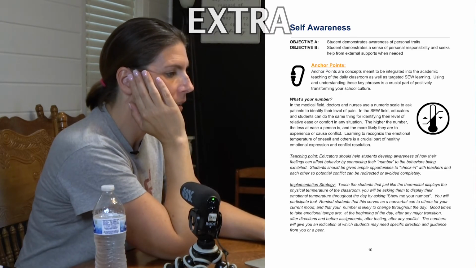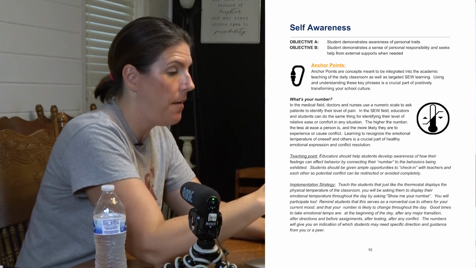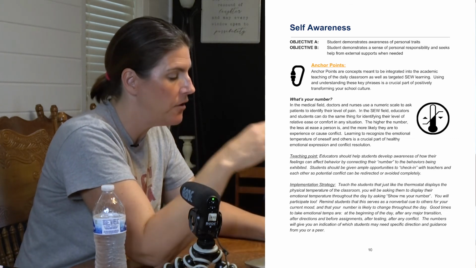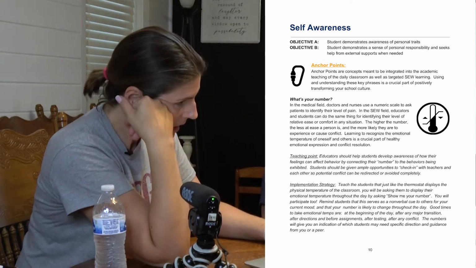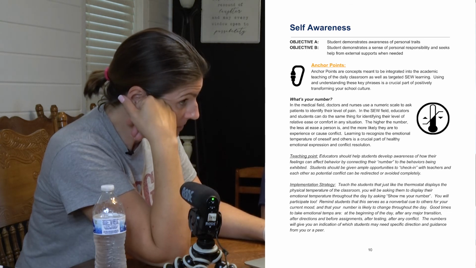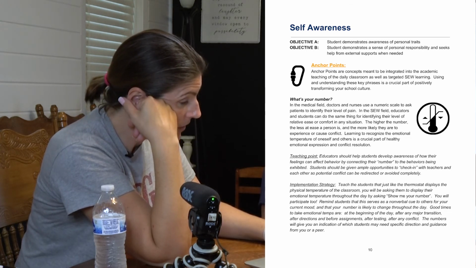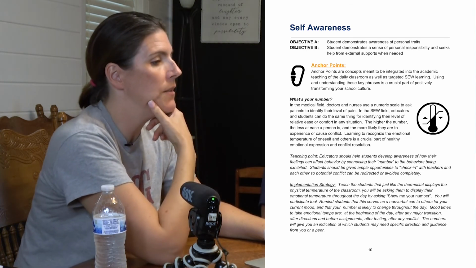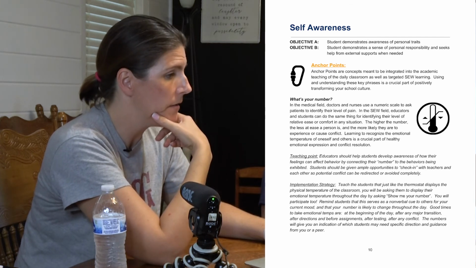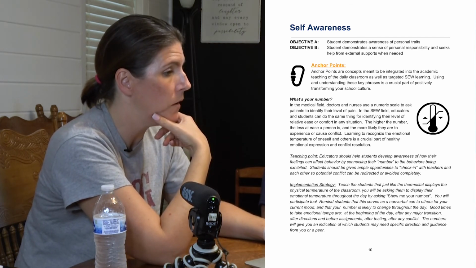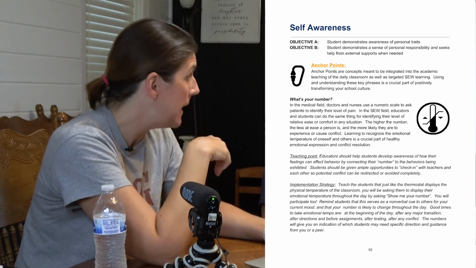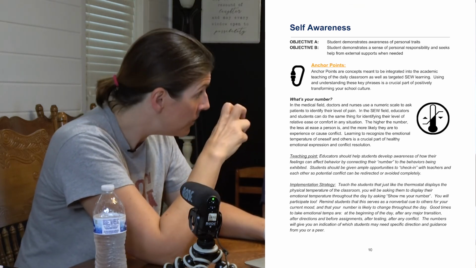Okay, so here for each of those, your battery's running low. For each of those standards, right, here's the objectives. So for self-awareness, the objective A is that student demonstrates an awareness of personal traits and that they demonstrate a sense of personal responsibility and seek help from external supports when needed. So the adult language for the anchor point